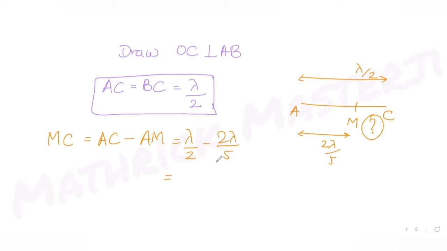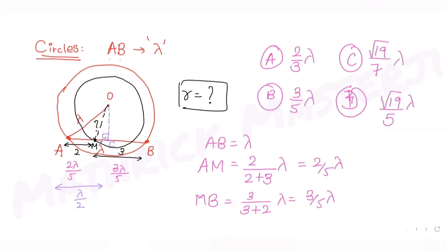Further, if I try to solve it, I get 5 lambda minus 4 lambda divided by 10, and that gives you lambda over 10. So you get CM, which is lambda over 10. So we have this CM also with us, which is lambda over 10. The length of CM, if I know, I also try to find OC. So if I try to find OC and OM, for OM,